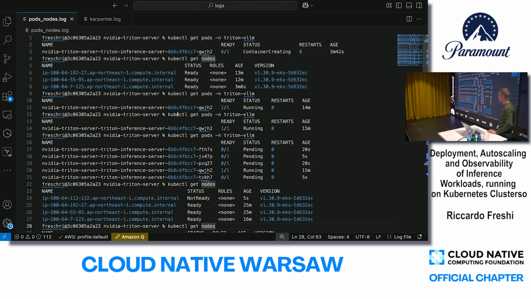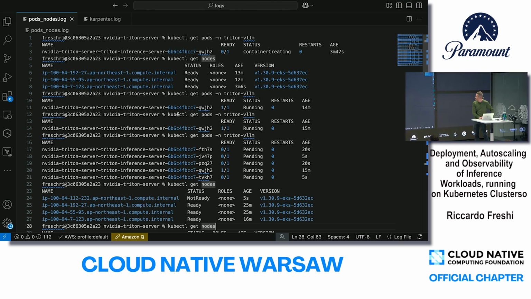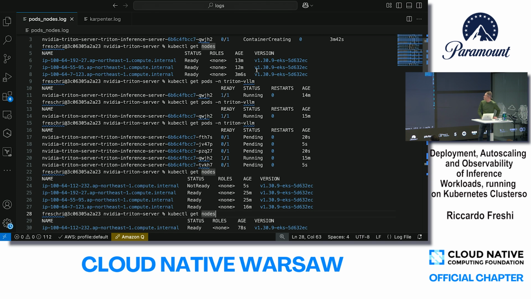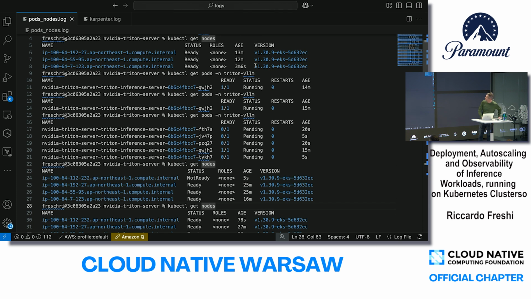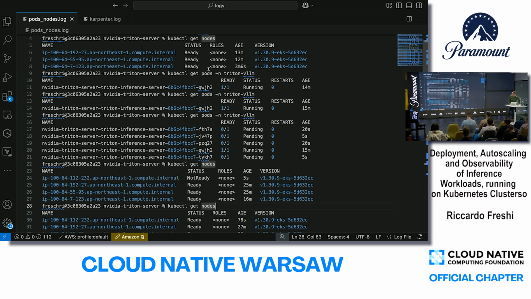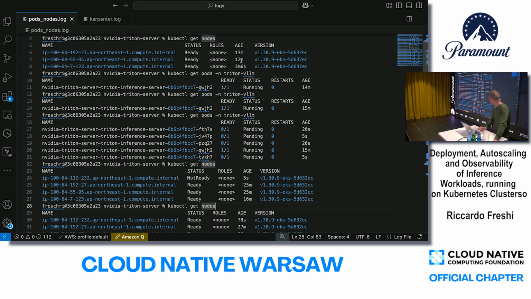Maybe very quickly, this is just a snippet of what happens. This is related to the events within Karpenter. So this is from the first Triton pod that is launched. You can see that there is a container creating here. We can see the nodes in here, which are just created here. You see 3 minutes, while the other 2, which were in the main base autoscaling group, have a longer life.